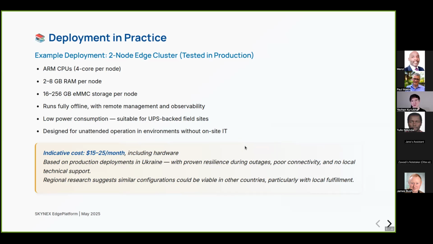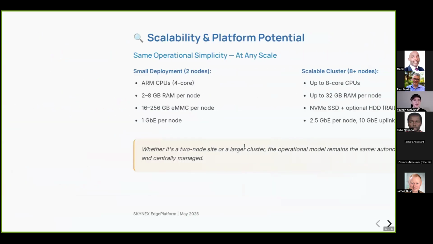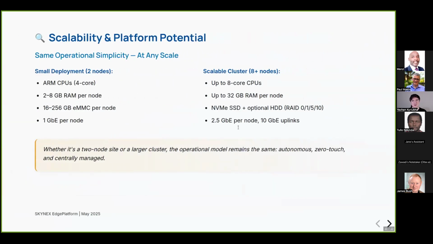So in those deployments, the total cost, including hardware, has ranged between $15 and $25 per month. And while this is just a reference point, like the prices, a similar model can be viable in other countries, especially where local fulfillment is possible. And so the architecture is also designed to scale, not just in size, but in